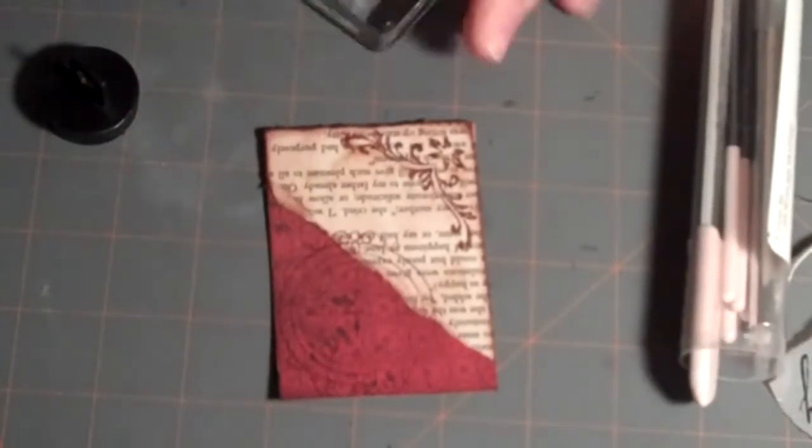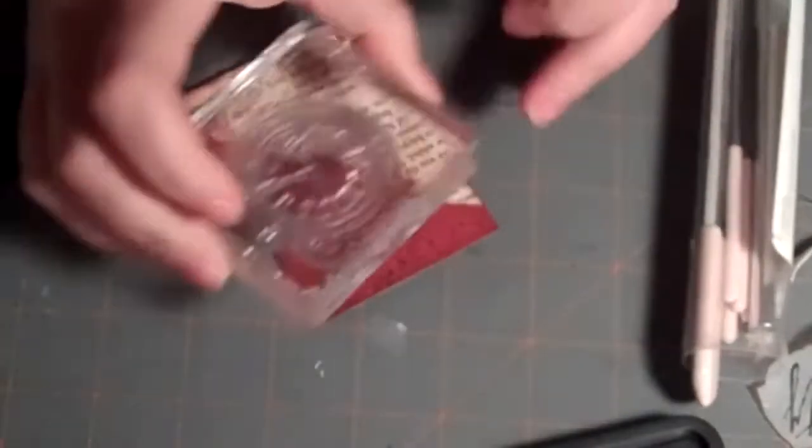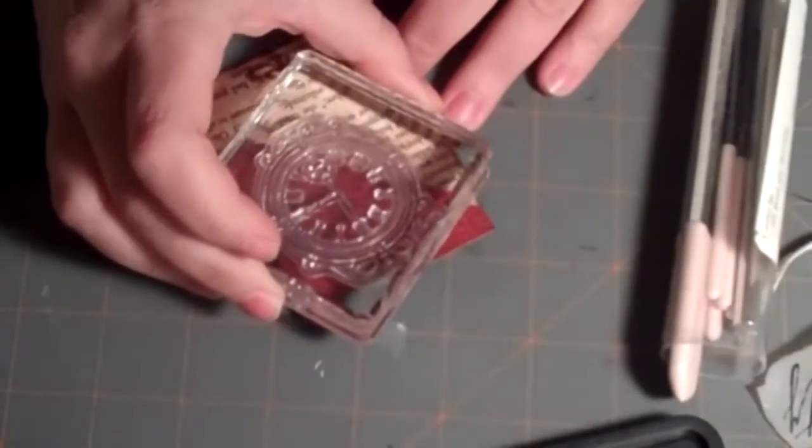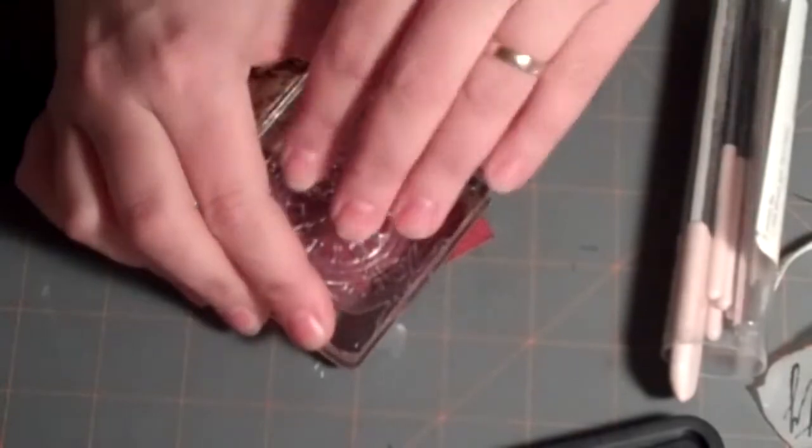So it's off camera, but I'm doing the same thing now with the clock. I'm going to restamp it, but I'm just again scruffing it a little bit first before I do that, and just lining it up, which is pretty easy with a clear stamp. There, just making sure it's even,